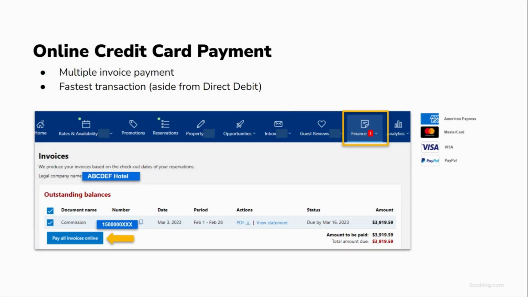Next, if you prefer to make online payments through the extranet, we have that option available for you. You can make credit card payments directly via the extranet invoice page. This payment method allows for payment of multiple invoices easily, and it is the fastest transaction method outside of direct